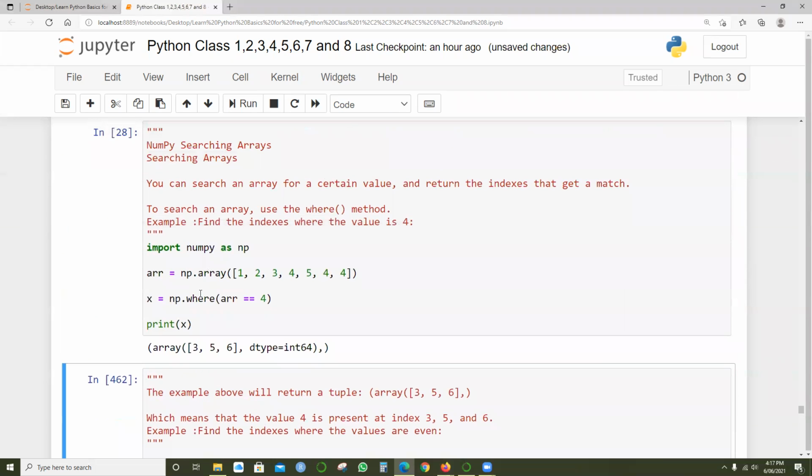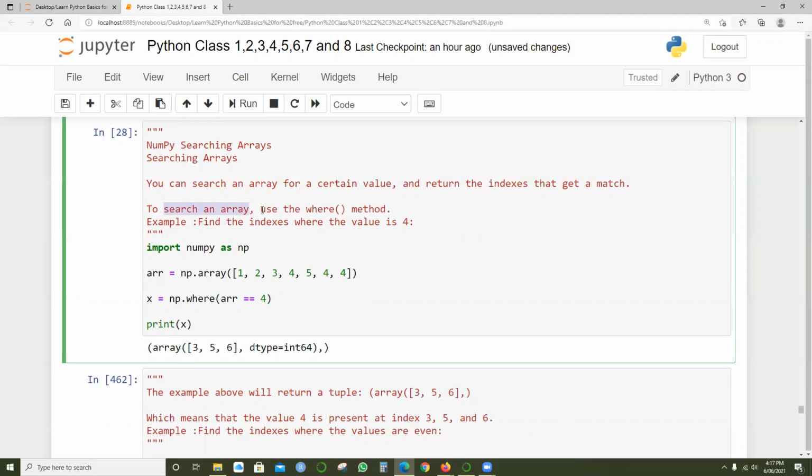Here we're giving arr equals np dot array 1, 2, 3, 4, 5, 4, 4. Then x equals np dot where arr equals 4. So print x.